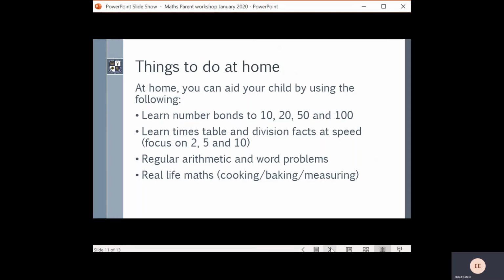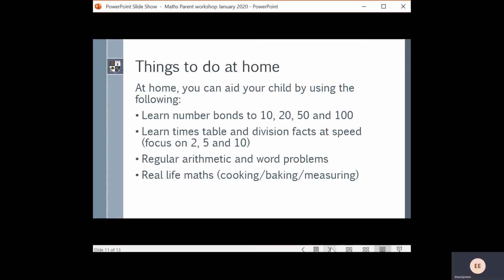Like I said earlier, with the word problems often the children just add any numbers that they see, but actually recognising if it's subtraction or if it's division or multiplication as well. And real life maths, actually making maths part of their daily life and making it fun for them, whether it comes to cooking or baking and measuring those ingredients, reading a scale. If you have a modern scale that tells you it with digits,